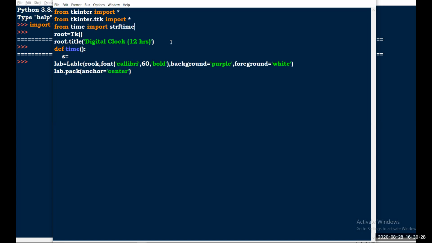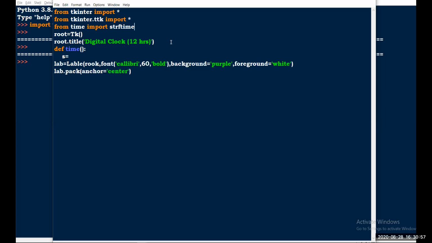strftime means we can give tags if you need some specific format. In a clock sequence you can use strftime. The strftime is used to convert time into a string in a specific format.